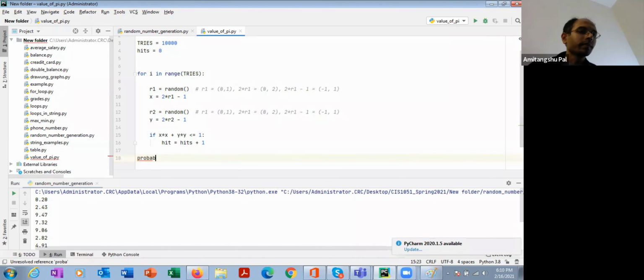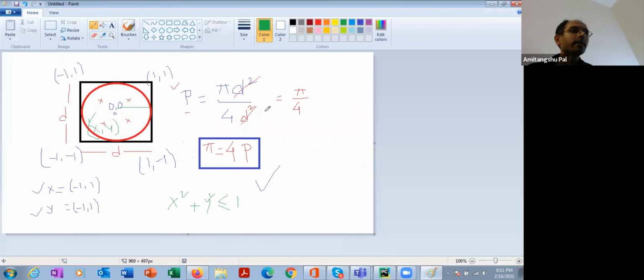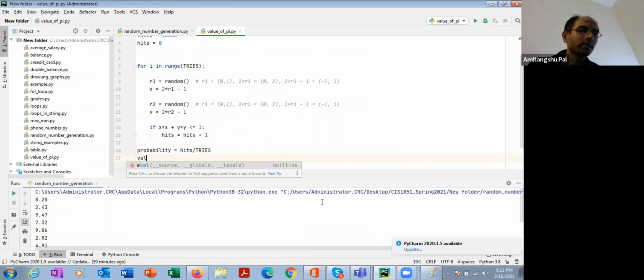Probability is nothing but the number of hits divided by the number of tries, right? And I know that if I get the probability, then the value of pi is 4 into p. So value of pi is nothing but 4 into probability.